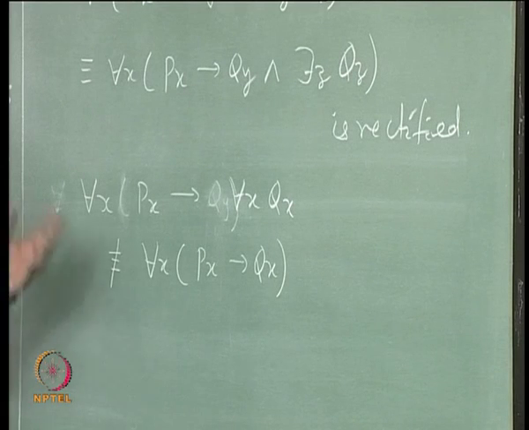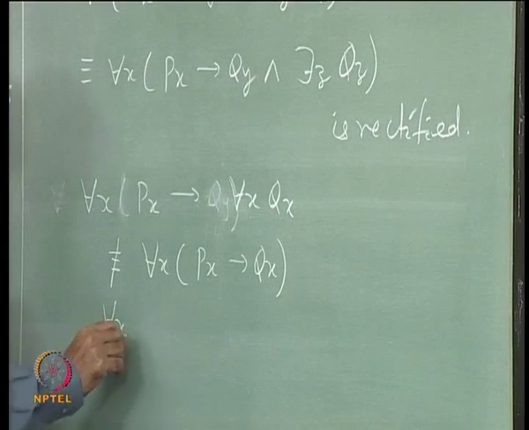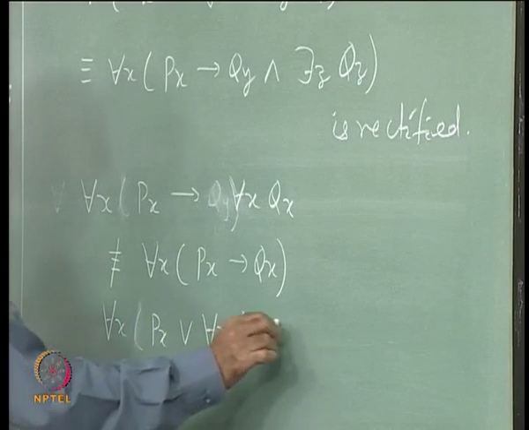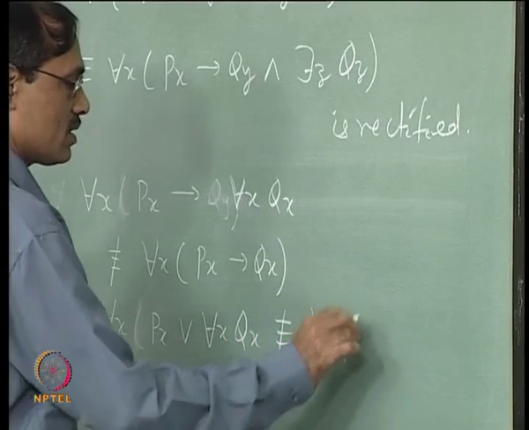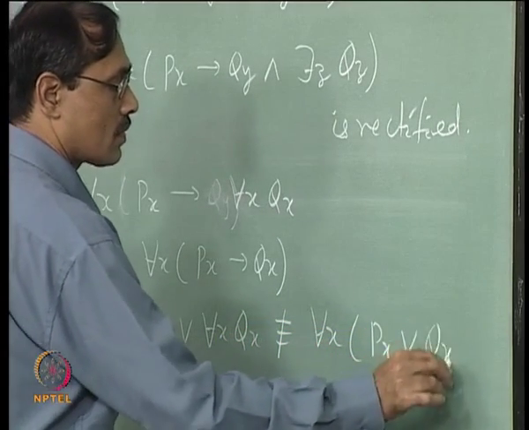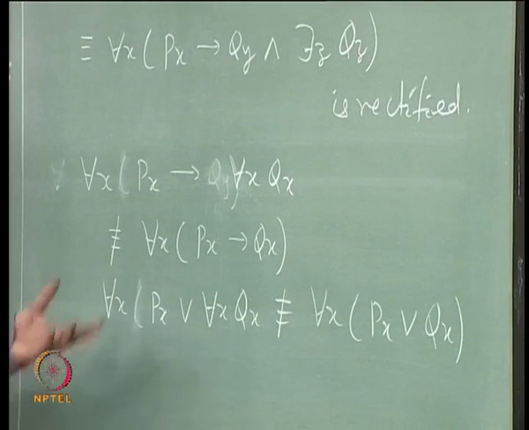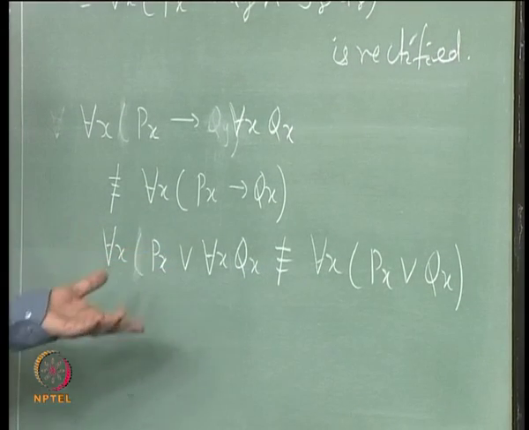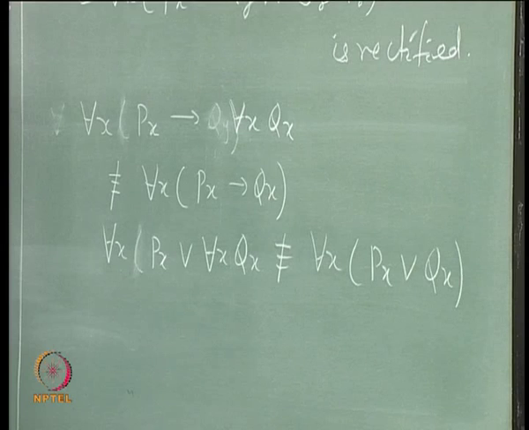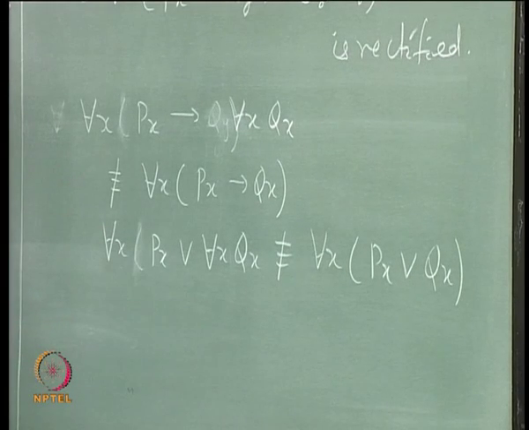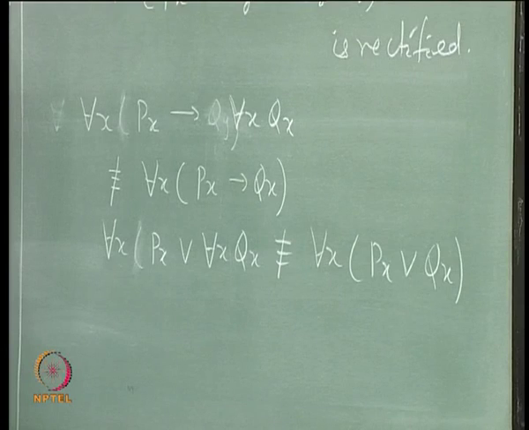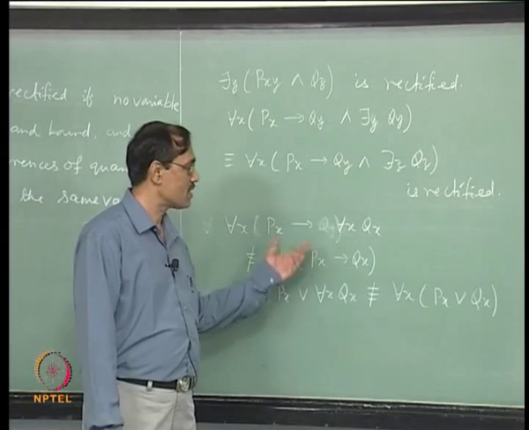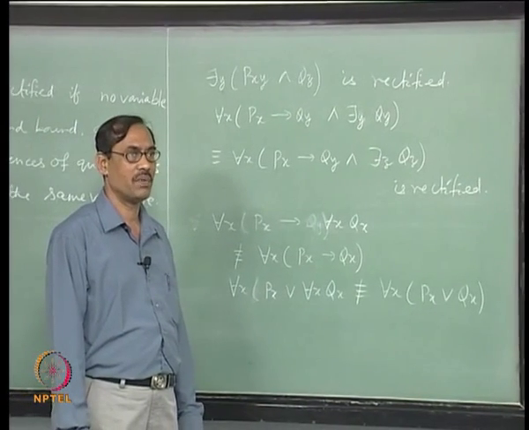Okay. If you take the distribution in and or r, the same thing happens: for each x p x or for each x q x is not equivalent to for each x p x or q x, and it will be true for and. For or it will not be, and if you have existential quantifier, or it will be true and and is not true, right. Duality prevails. Similarly, for implies also it will happen. For implies both the things will happen, right, because quantifier will become different once you use the distribution. But once it is rectified, the thing can be different.